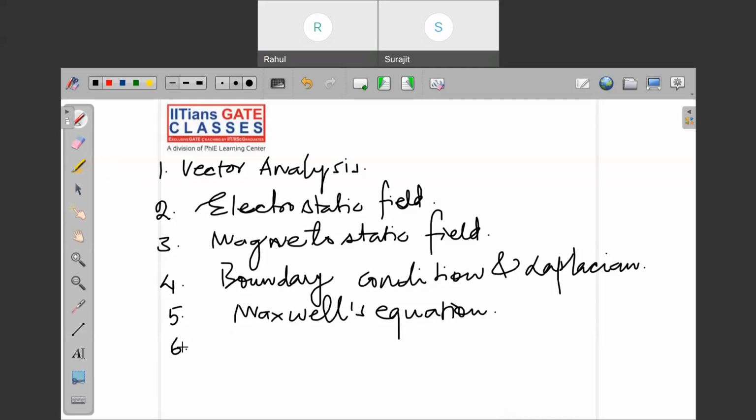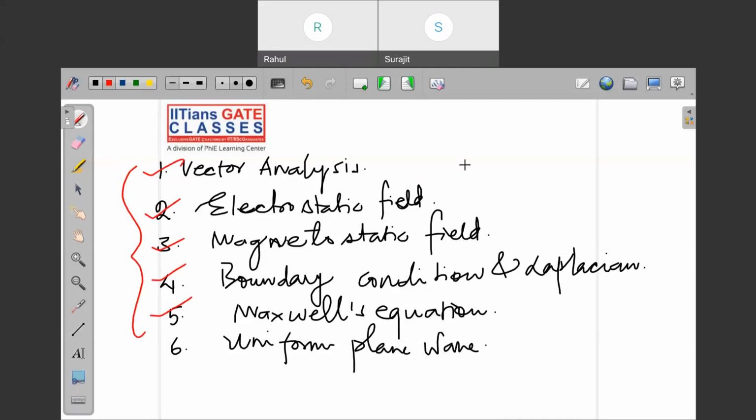And the sixth topic which I will be teaching you is the uniform plane wave, right? So uniform plane wave, okay? These are topics 1, 2, 3, 4, 5. These are the topics given, in fact, in the electrical engineering syllabus, right? And from the sixth topic, that is uniform plane wave, electromagnetic waves, that comes under the ECE paper,